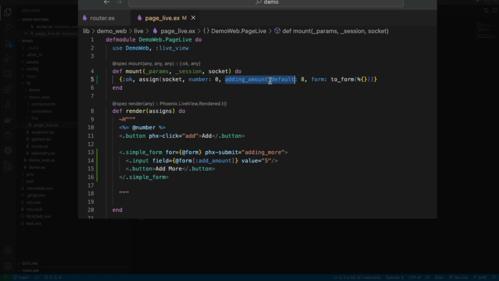So I'm going to take adding amount default, copy that, and I'm going to put that right here where this value is. Now, if you want to put something inside of a form, as you can see, I've been using this bracket syntax. So anytime you're assigning something inside of a form, you do equal, and then you use the brackets, and then you're able to refer to Elixir variables inside of those brackets. So here I'm going to use the @ syntax. Again, that's shorthand to access everything inside the socket's assigns. So I'm going to grab the value for the adding amount default, and I'm going to put that here